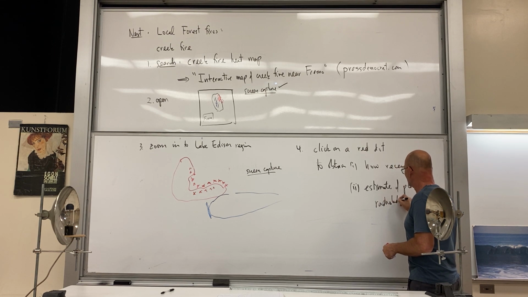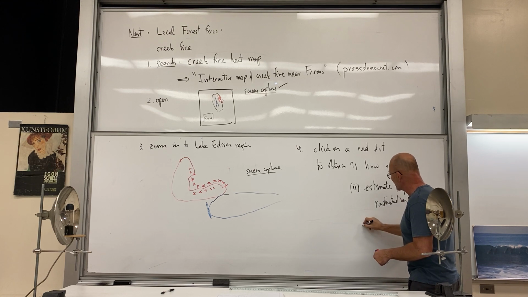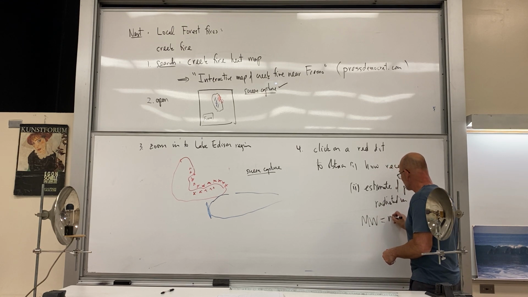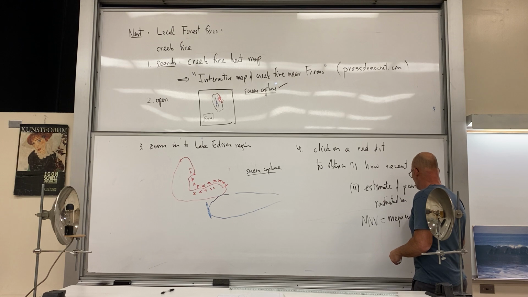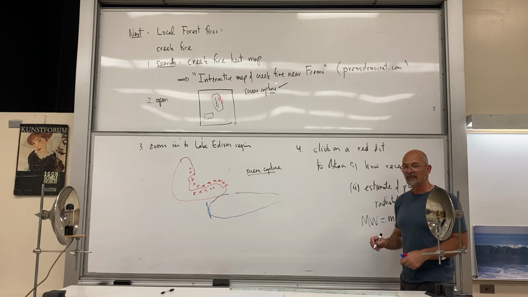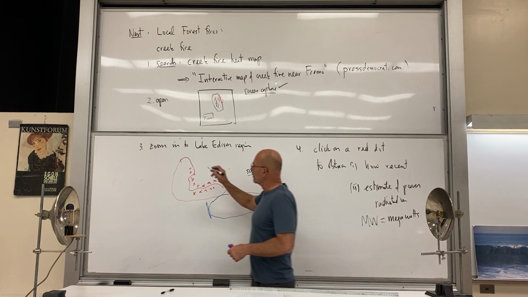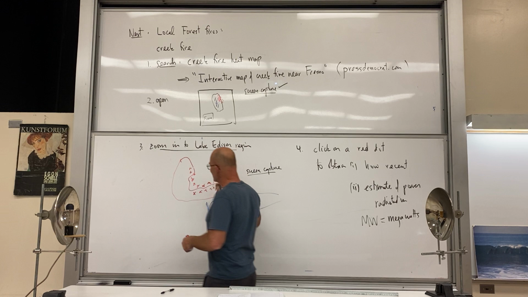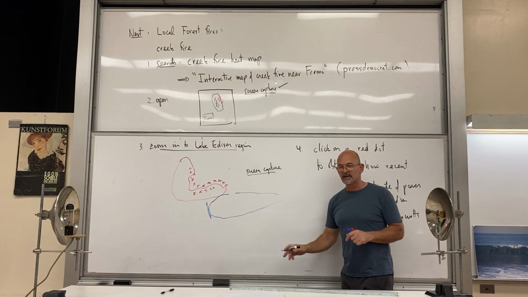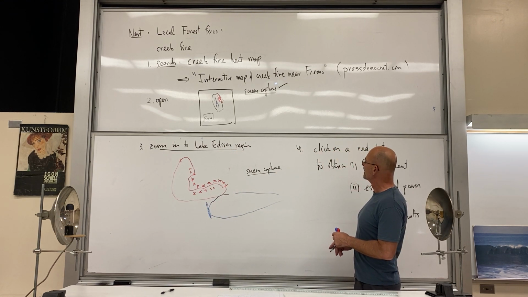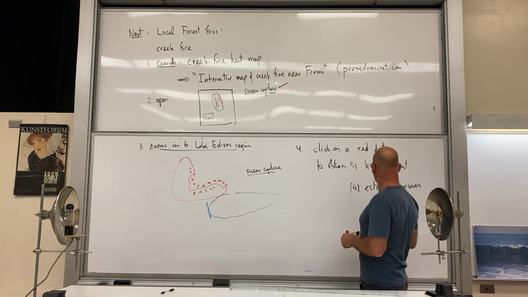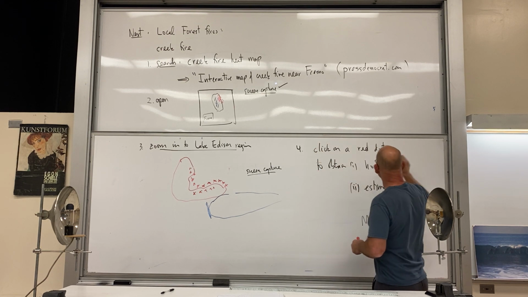Radiated in megawatts, so MW equals megawatts, and mega means a million, so you'll find that. And yeah, once you find this in Lake Edison region, you'll see how you can maneuver around and find anything else you want. So that's 3, that's 4, and if you can get a screen cap from this as well,